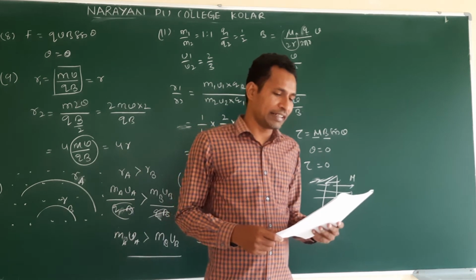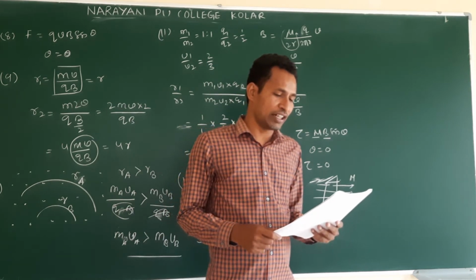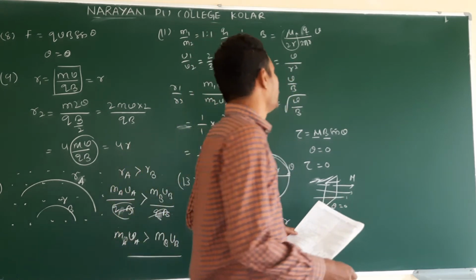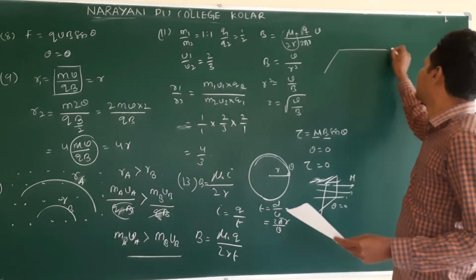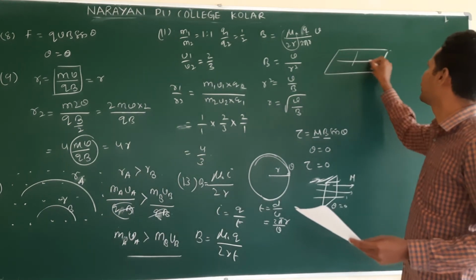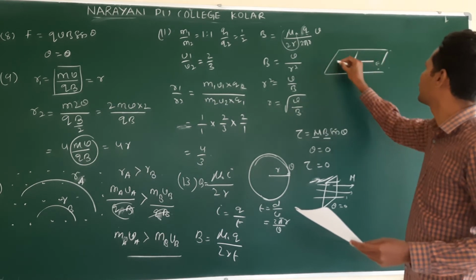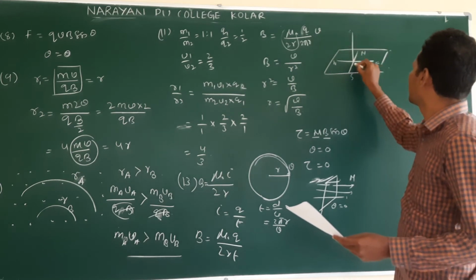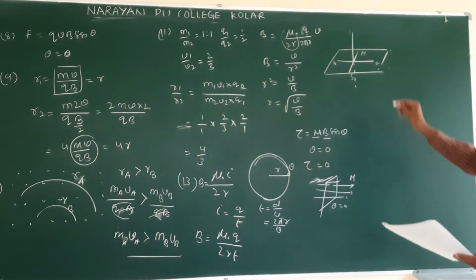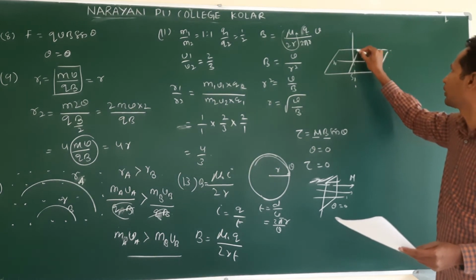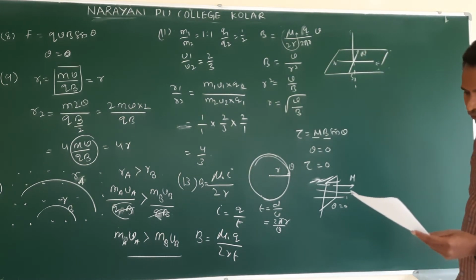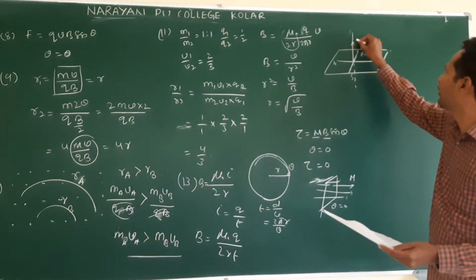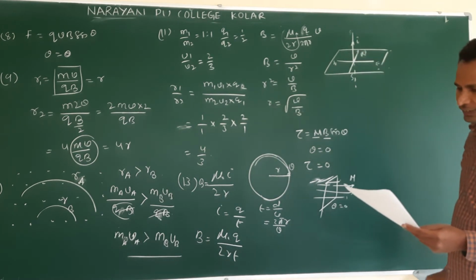19. A vertical wire carrying a current in the upward direction is placed in a horizontal magnetic field directed towards north. The wire will experience force directed towards? So very simple. Take this plane. This is east, west, north, south. This is north. Now what is according to the question? Carrying a current in the upward direction. The current is going up. The field is acting in this direction. They are asking about the force experienced.